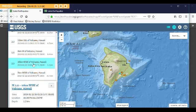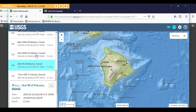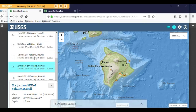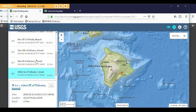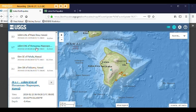2.0, 1.8, 2.0, 2.4, that's at Kilauea. 1.8, 1.8, 1.9, 2.1, 1.7, 2.1, 1.9, 1.7 at a minus 0.4 kilometers depth,